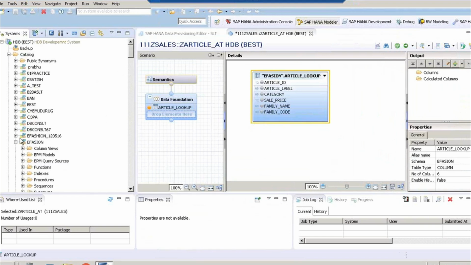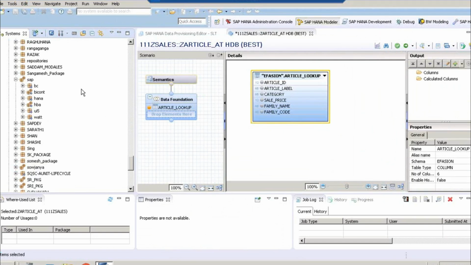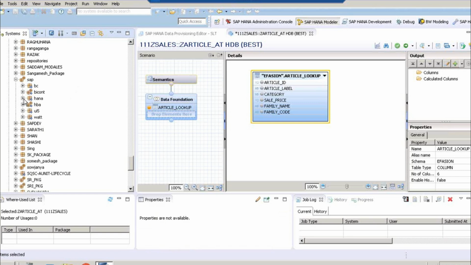When we go for HANA Live, the standard master data, such as material, will be provided by SAP itself. We are not going to replicate any data source, only tables, but we have an option of getting all the data sources from BODS. When we go for the package SAP, and here under HANA, we have different